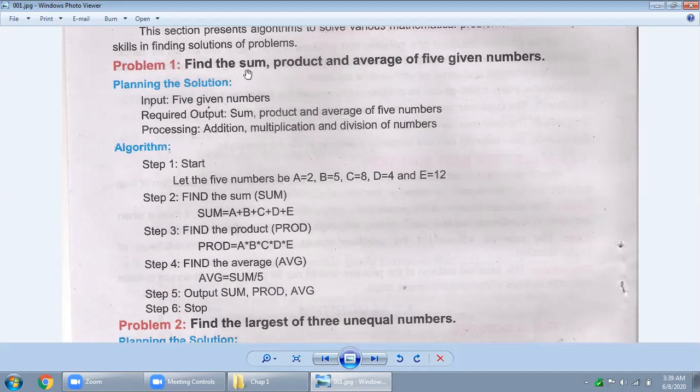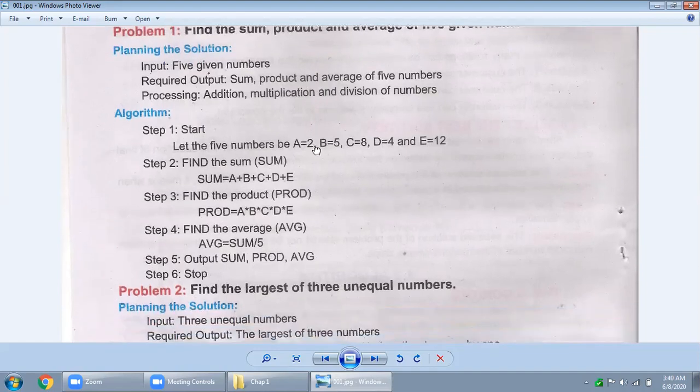So already we know how we can obtain the sum, the product, and the average, because if you know the formula, you can do many things very easily. For example, you can perform the algorithm, you can make the flow chart, and you can also make the program if you know the formulas to obtain these things. This was the assignment I gave you already. The algorithm is over here, and I told you to make the flow chart for this algorithm.